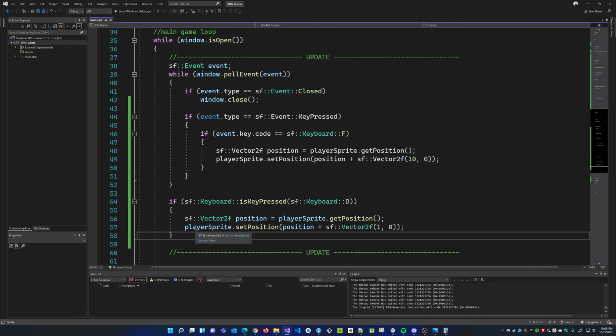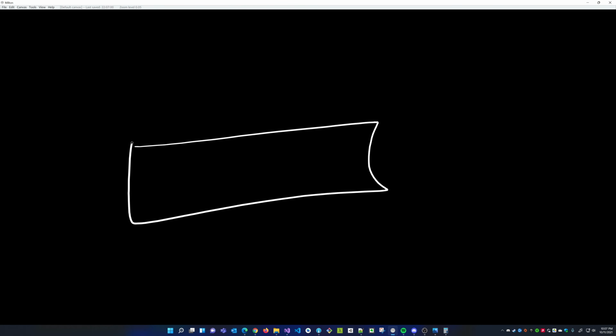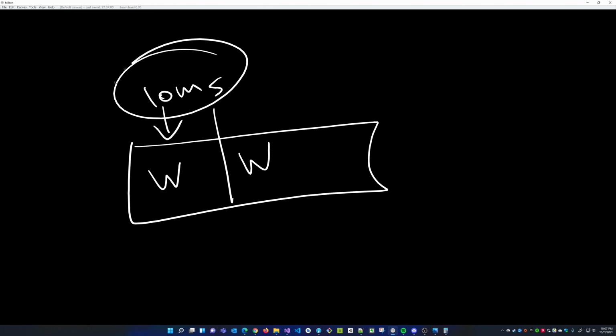The poll rate is low because if we were always checking that event queue, so let me draw this. This is my event queue over here, and let's say we're checking it every 10 milliseconds. So every 10 milliseconds, I look here and check whether there's an event. Then another 10 milliseconds passes and I check again.